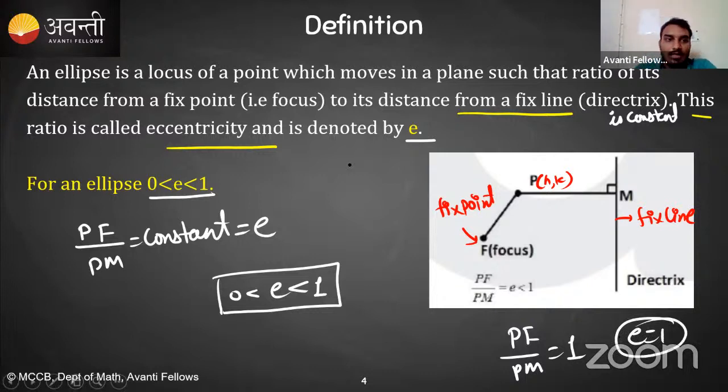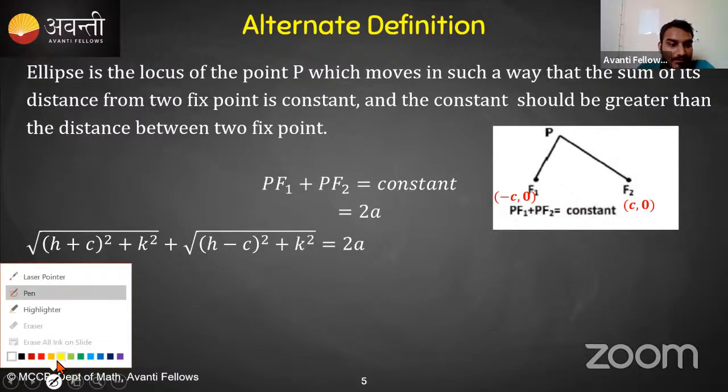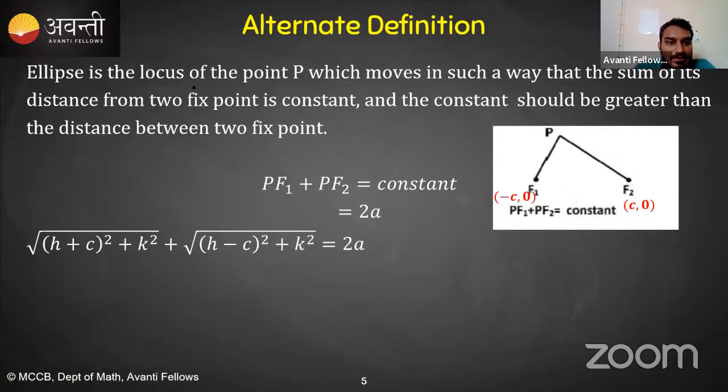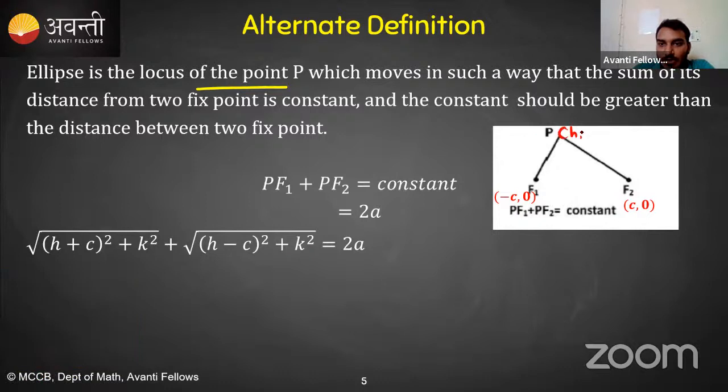Now we will look into the alternative definition, and we will be using this definition to derive the equation of the ellipse also. What is the alternative definition of ellipse? An ellipse is a locus of a point P, denoted with h comma k, which moves in such a way that